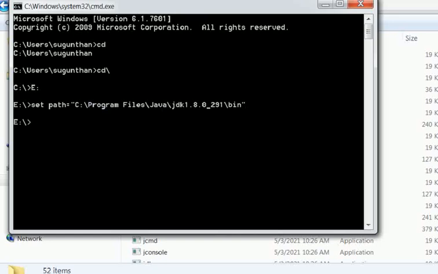The path is set. If an error comes, you want to check the Java.